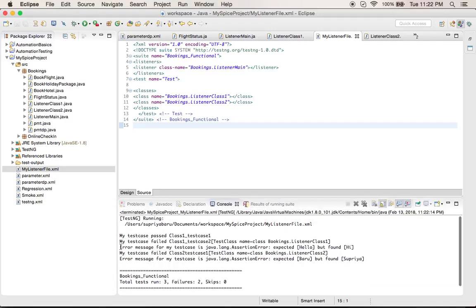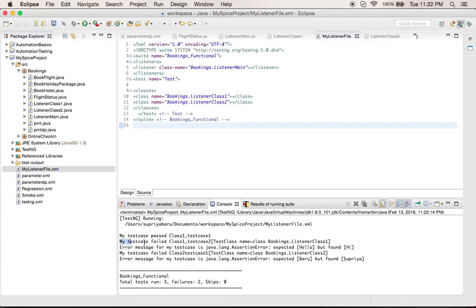Perfect. So if you see, in the first case, in the first failed test case, what is the error message? Okay, we got the assertion error. Expected is hello, but what did we find in the actual is hi. So when you look at this, you clearly know what is wrong with this particular test case. So debugging is very easy. And also when you're reporting the test to different broader teams like your business and your developers, if you have a report like this which gives you complete details, it's very very easy.